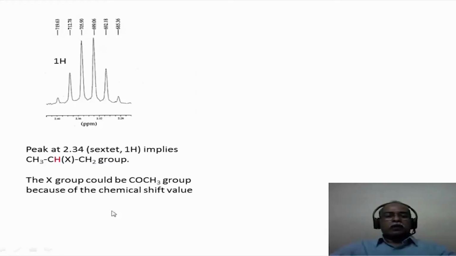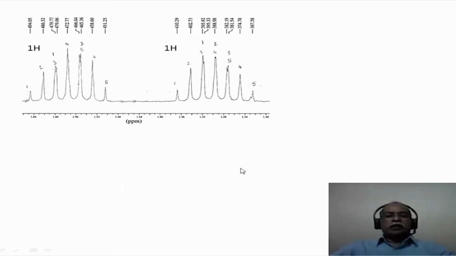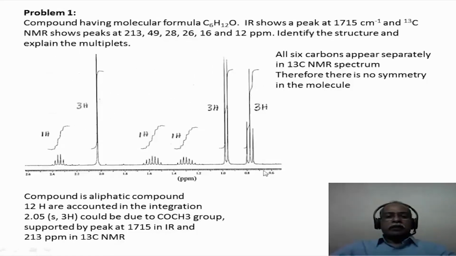So we use that acetyl group to account for the chemical shift value, which is around 2.34 in this particular case, an ideal chemical shift value for the CH functional group. Now this is a complex multiplet, as is shown here. In the NMR spectrum, this region between 1.2 and 1.7 is expanded, and what is important in